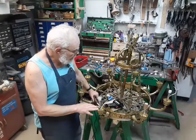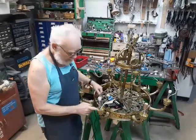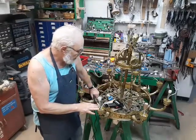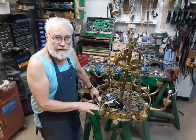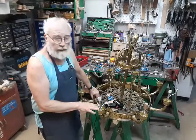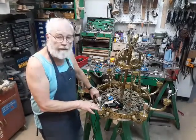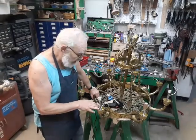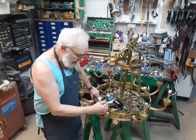That means that their main concern was keeping the gas inside the lamp until it got to the burner where you could burn it. Many of the gas fixtures that I have worked on throughout the years, I've often wondered how they didn't kill everybody in the house as they slept, or how they didn't burn the city down at the same time. But what it really means is that they're not designed and engineered to have wires running